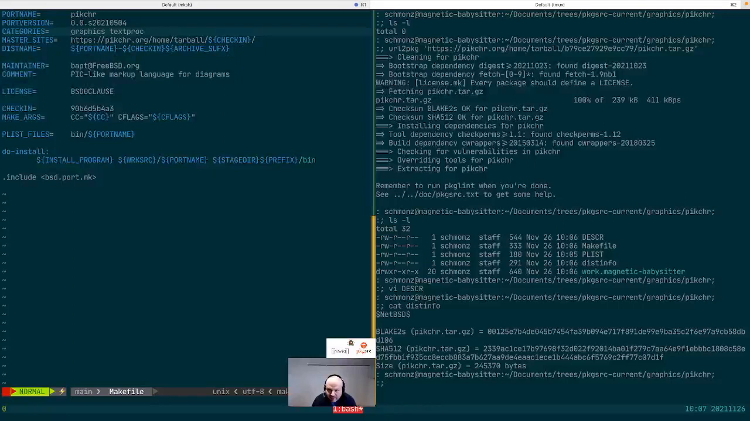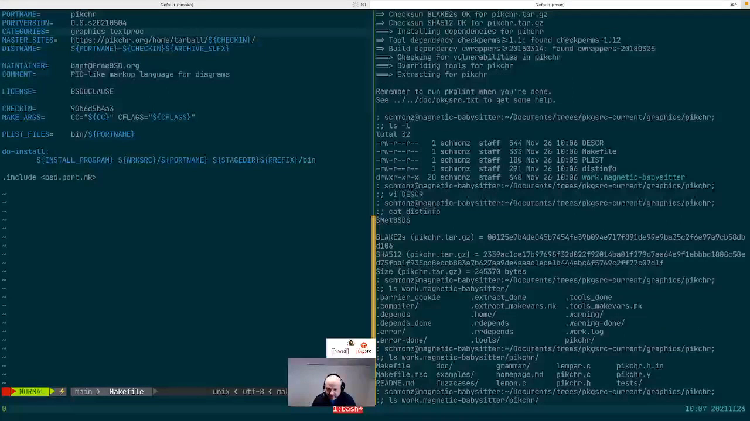I'm seeing something that I want to fix before we go any further. Oh yeah, and it also extracted the tarball into picture. So this is the source code right here. So before we go any further,